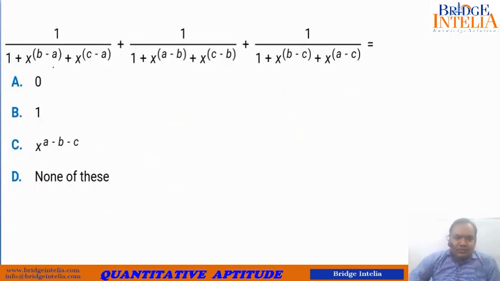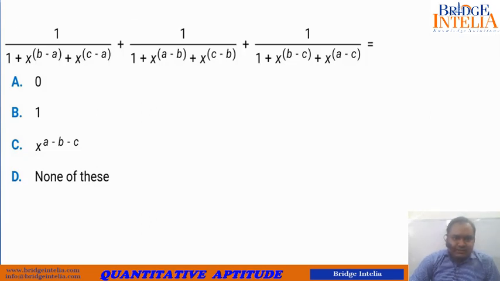Now again a good one. You have to employ the same strategy. Whenever you get things like x to the power m minus n, you should better convert it into x to the power m by x to the power n. So this is the strategy that I would like you to follow. Let's do that. Let's expand this first and then we'll see what it comes out to be.